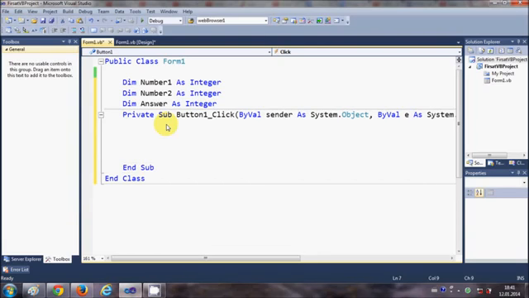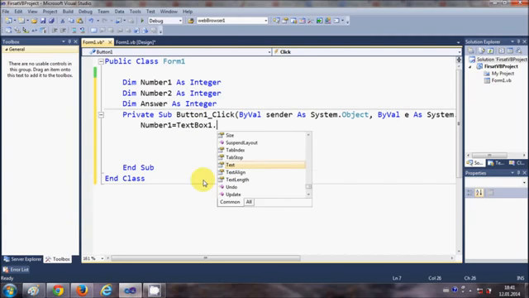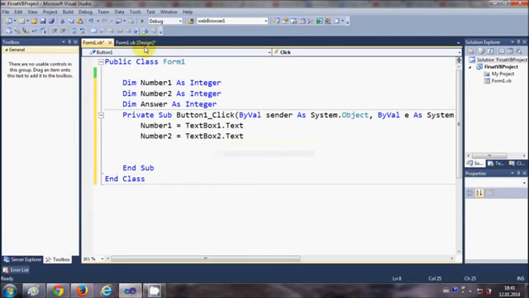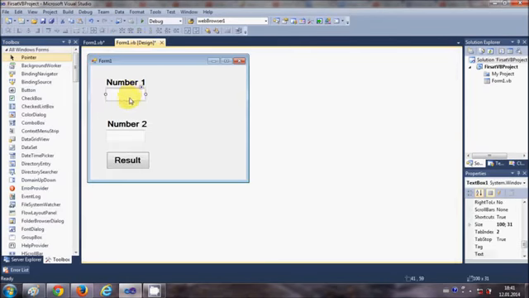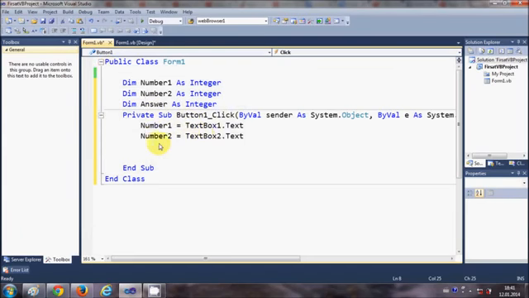Number 1 is equal to whatever we enter in text box 1. So TextBox1.Text. In the same way, for the number 2 variable, this variable is equal to text box 2. So text box 1 and text box 2 are the names of these text boxes. You see here, text box 1 and text box 2, right? So this is this, and